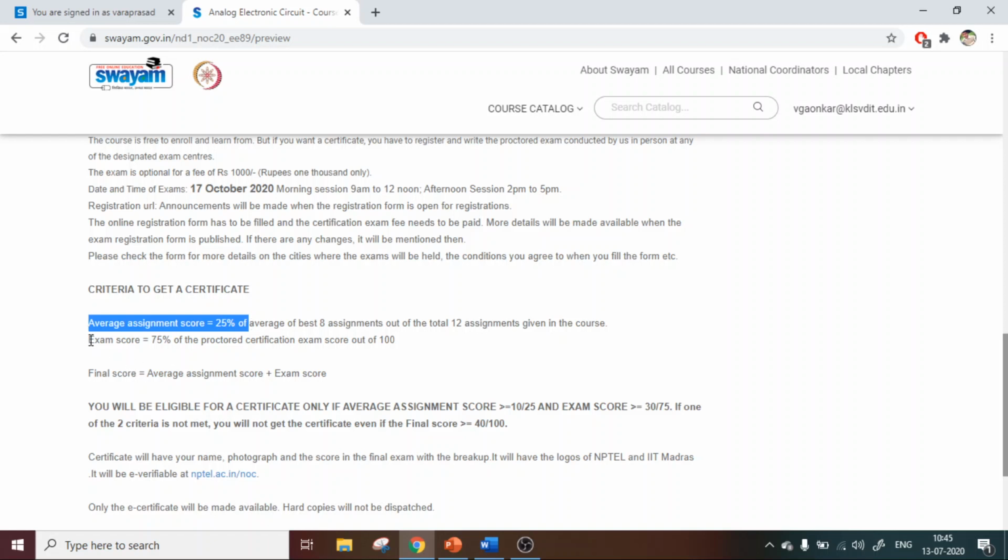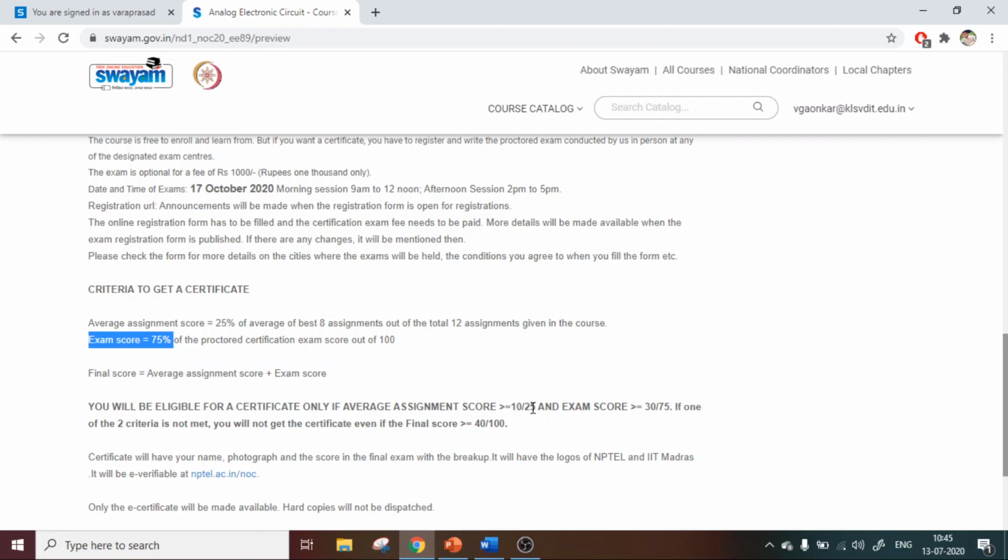The remaining 75% will be from the examination. That examination will once again be in online mode, and they will tell in which cities we have centers. Correct? You will be eligible only for 25 marks. If you score more than 10 marks, then only you will be eligible to write the examination. The examination is for 75%, and 25 marks are for the online assignment.